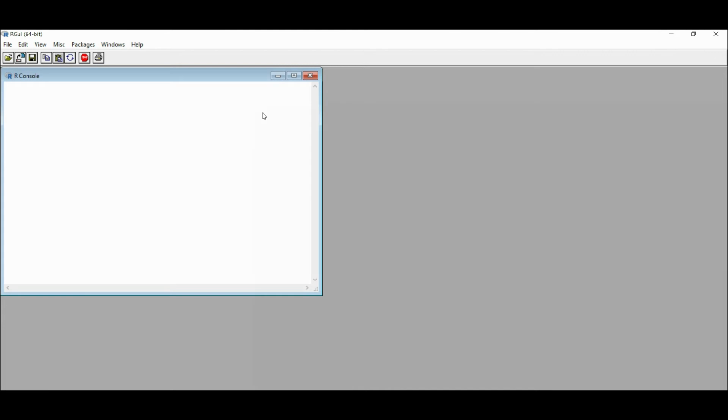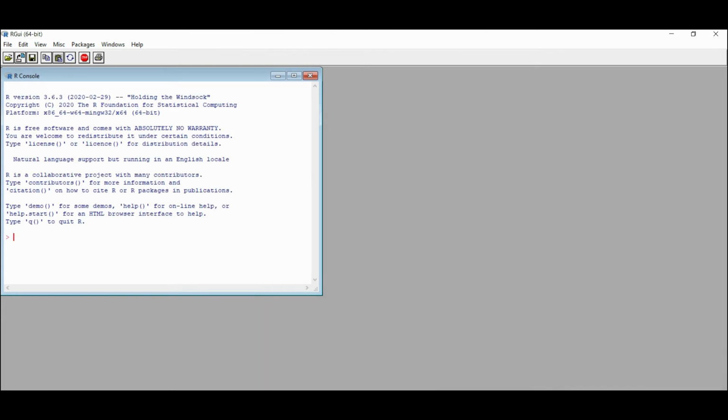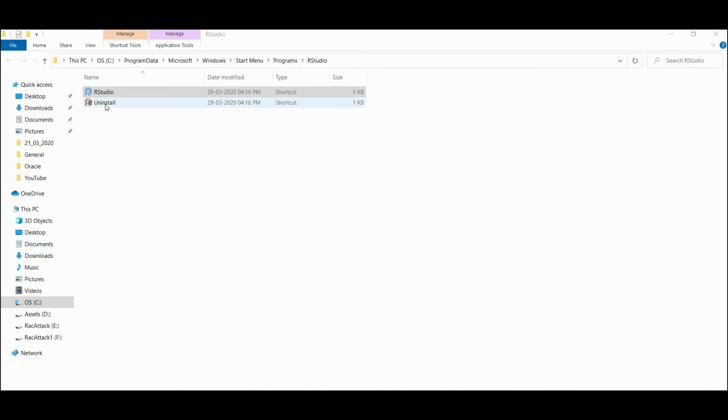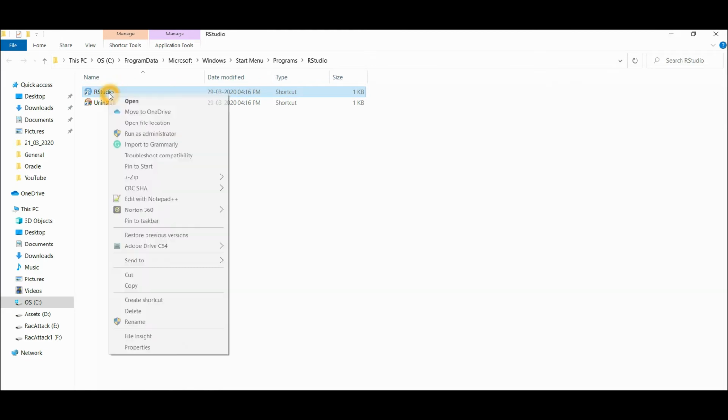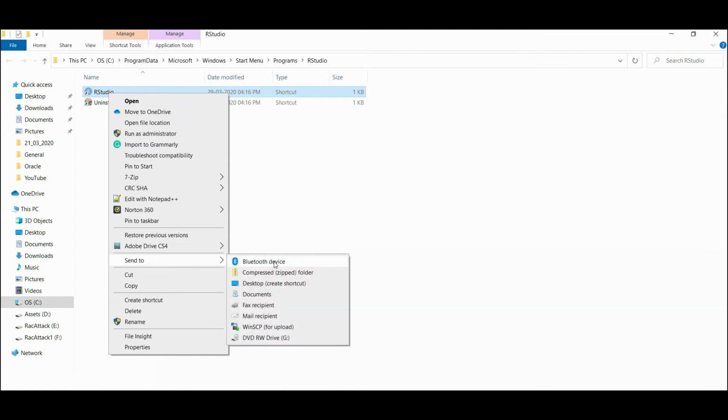Let's open up R GUI. R also has a basic GUI, you can see on the screen. You can use the R console for calculating operations like addition or division, any calculator functionality you can do with our console. Now let me create a shortcut on the desktop for RStudio